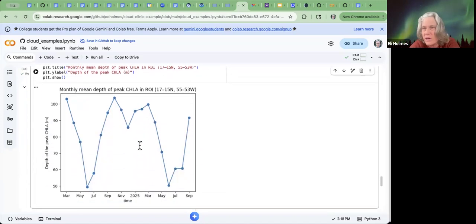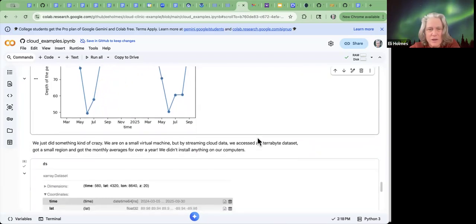And there we go. There is the monthly mean in that little box. It's showing something that we know about chlorophyll, how there are these seasonal cycles of where the chlorophyll appears in the water column. So this is 50 meters. This is close to the surface. It's up by the surface. And then in the winter months, the peak is lower down. So that's the seasonal cycle.